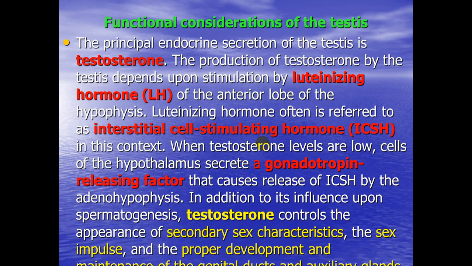Functional consideration of the testis. You have to understand that the testis is not an independent organ. This organ is regulated by the central endocrine system, and the production of testosterone and the production of new sperm cells are both regulated by the central endocrine system. During the first 14-15 years of the lifespan of the boy and then man,